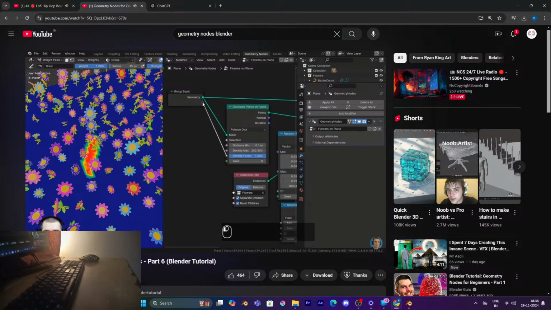We want the density factor to actually be going into this extra socket here. So we'll put the density factor into this extra socket. Now when we do that, you can see it right here, but you can also see that there's this little button right here, and this is the input attribute toggle. So we can click on this, and then instead of using one single value, we'll be able to use